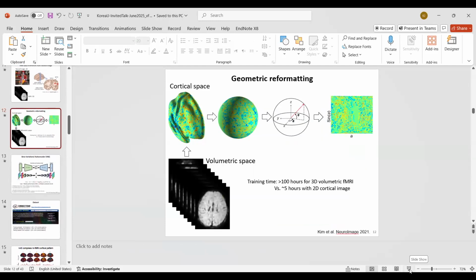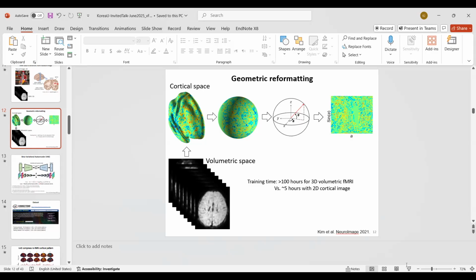혹시 보이시나요? 네. 제가 사실 장점만 말했는데, 예를 들어서 트레이닝 시간이 엄청 빠르지만, 길게 보면 3D 볼륨 스페이스에서 하는 게 제일 맞다고 생각합니다. 왜냐면 코티컬 스페이스로 넘기면서, 제가 말은 안 했지만, 딥 브레인 리전, 세레벨럼 같은 것들은 이 2D 이미지에서 없어지거든요. 특히 신생아, 뉴본의 경우에는 세레벨럼이 제일 먼저 발달하는 것으로 알려져 있거든요. 그래서 그런 리미테이션이 있다는 걸 확실히 말씀드려야 될 것 같고,